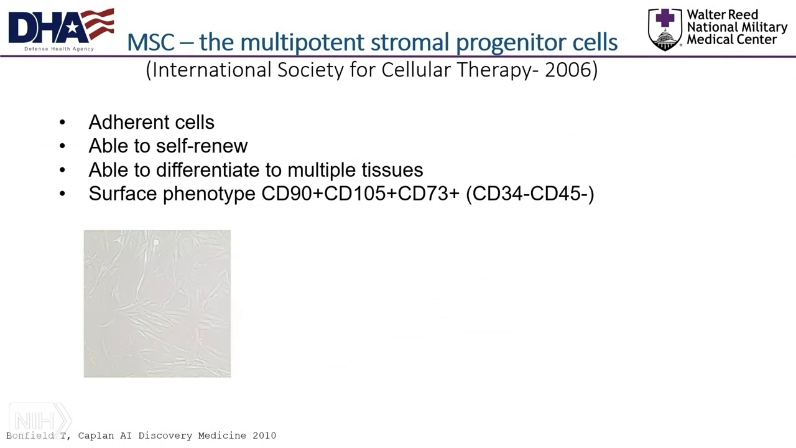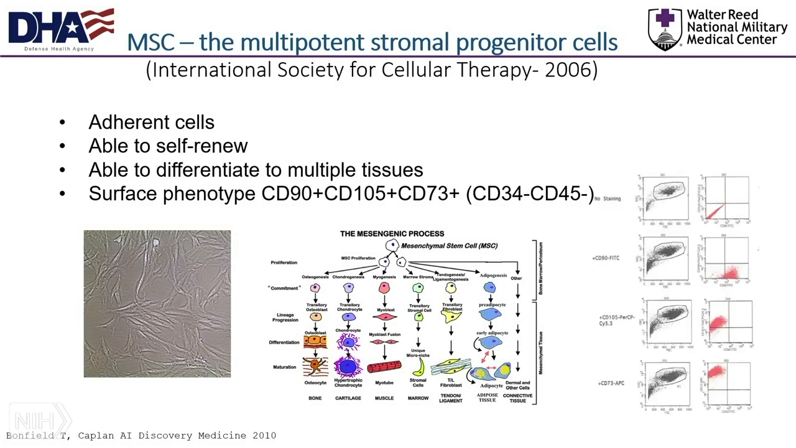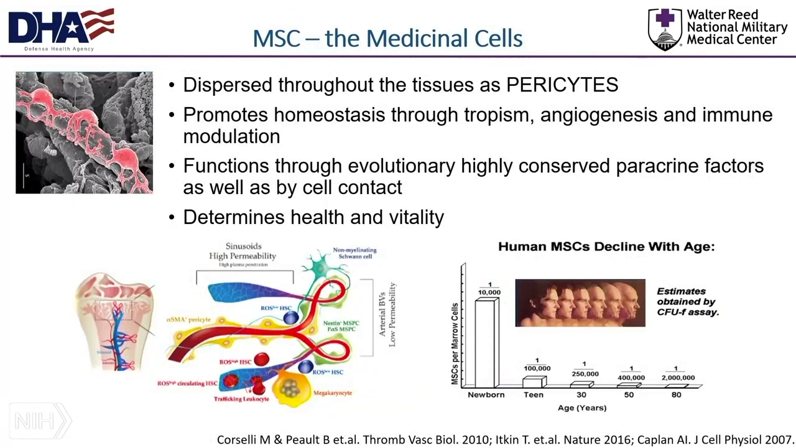So mesenchymal stem cells, I'm just going to give you a little background on this very briefly. The International Society for Cellular Therapy defined mesenchymal stem cells as adherent cells, which are able to self-renew and differentiate into multiple tissues in vivo and in vitro, and express surface phenotype of CD90, 105, and 73. These are CD34 and 45 negative cells. And they are dispersed throughout the tissues as pericytes, and